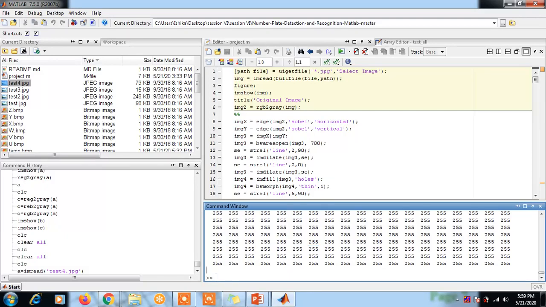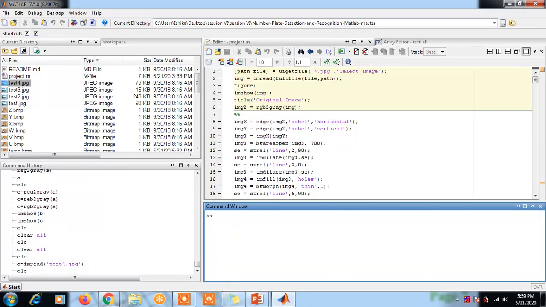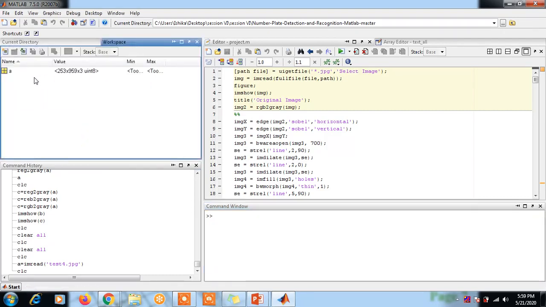Okay, clc. Here in the workspace it will store the image as 253 by 959 by 3 uint8. It shows that there are 3 colors.